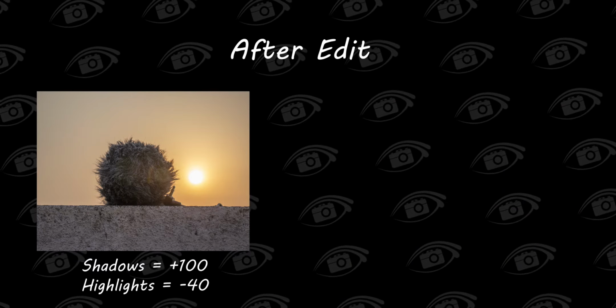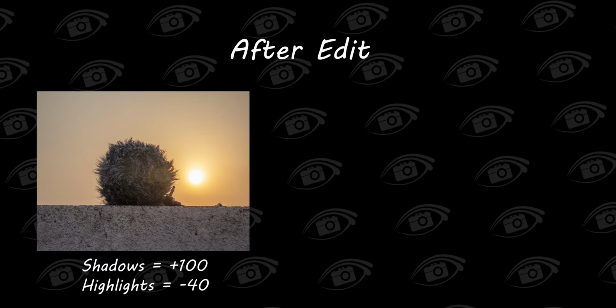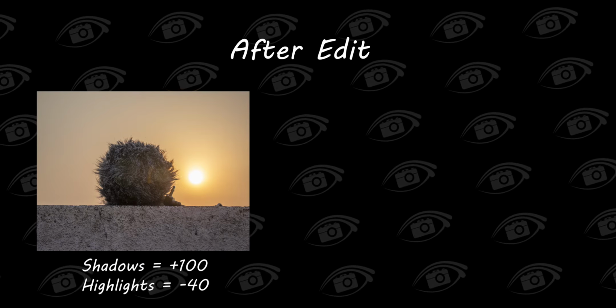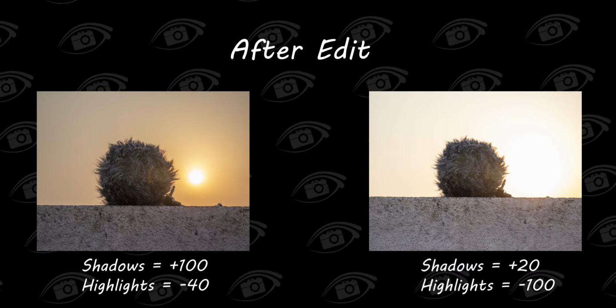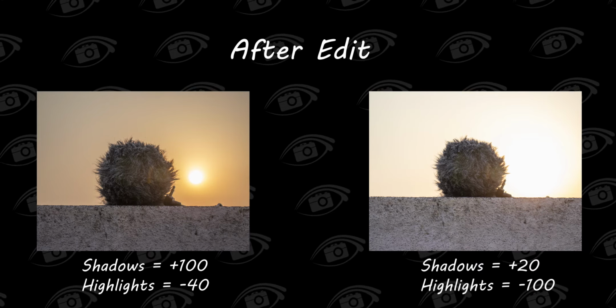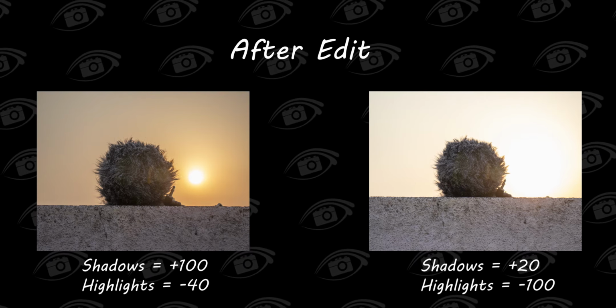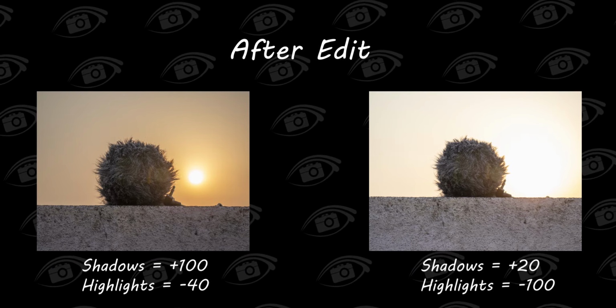So what we do, we take the left photo into the post and increase the shadows to get a better dynamic range. Now you see, after the post-processing the image looks really well exposed and it has a very good dynamic range. Now for the next part, we take the right photo into the post and decrease the highlights. And now as you can see, after the post-processing and decreasing the highlights, the image looks like this.